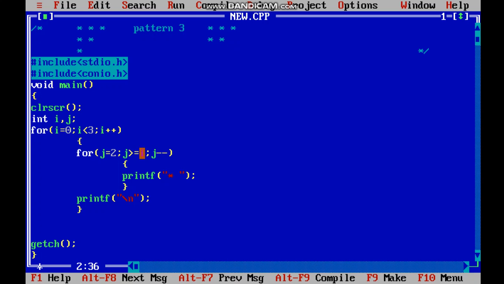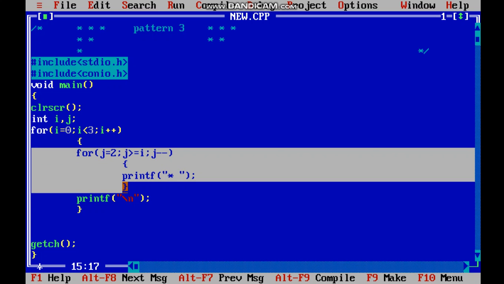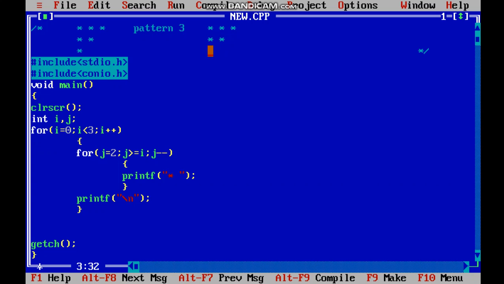Now when the j value is 0, 0 is not greater than or equal to 1, so it decreases again. When the j value was 0 it was checked and the condition was not satisfied. That's why this for loop is terminated. And as soon as it was terminated, the printf function came into play, that means a new line. Now our cursor is here.